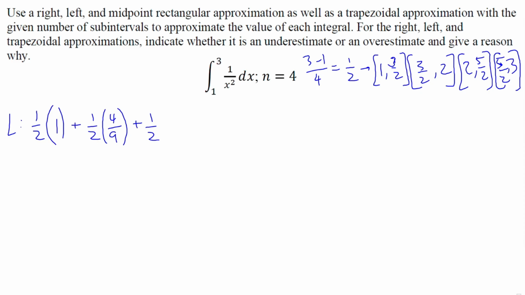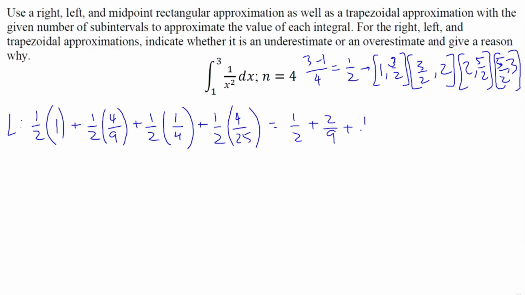Then we're going to have 1/2 of what we get when we plug in 2, our next left endpoint. Well, that's just going to be 1/2 of 1/4. And then we're going to have 1/2 of what we get when we plug in 5/2. Well, 5/2 squared is 25/4, and if we do 1 over 25/4, that's going to be 4 over 25. And so this ends up being 1/2 plus, looks like that becomes 2/9. So 1/2 plus 2/9 plus 1/8